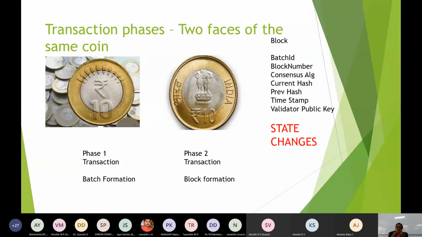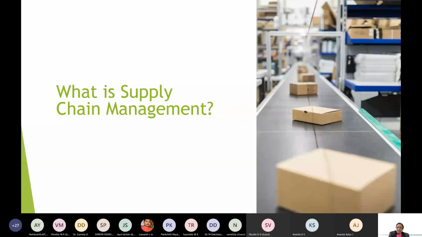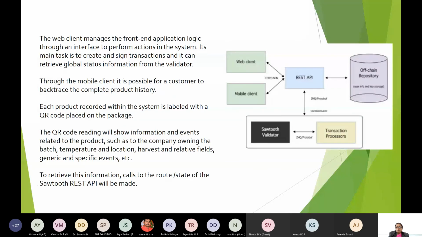My intention was, whatever the process is, to show that very clearly in this flow. Okay, so supply chain management: web, mobile client, REST API, validator, so QR code will be there, reading will show the information, events related to the product, which company, which batch, temperature, location, harvesting and rearing, and specific events will be there.